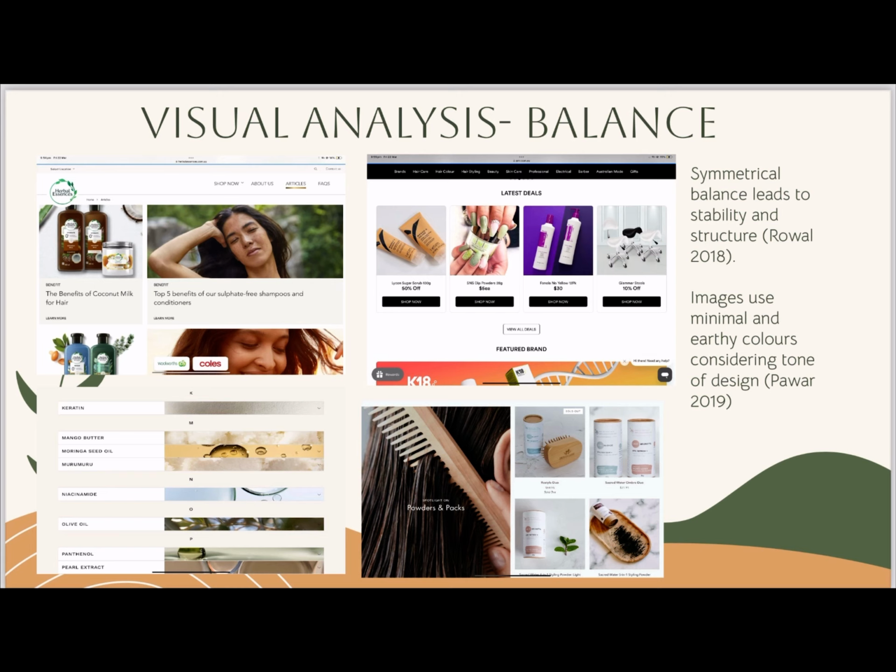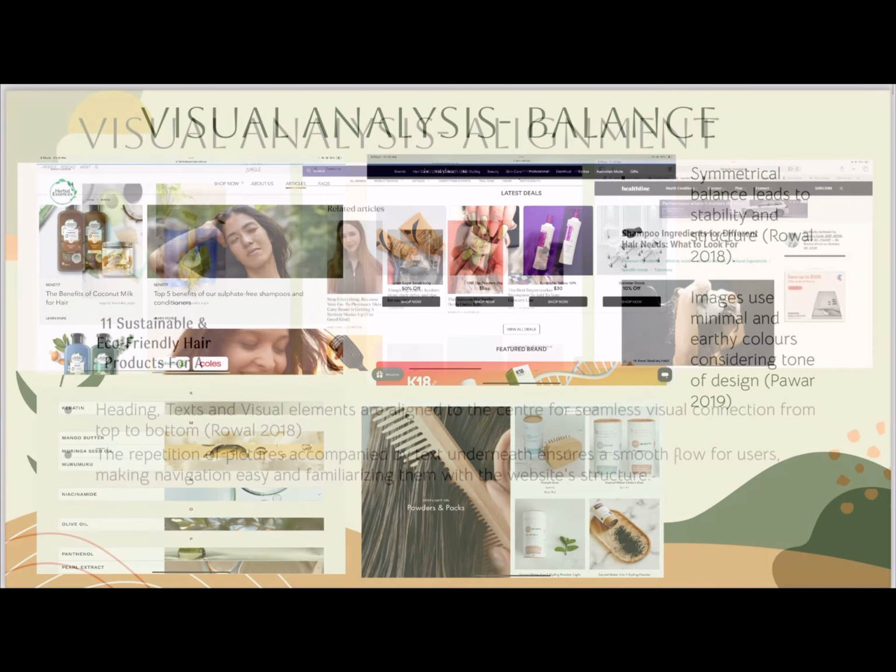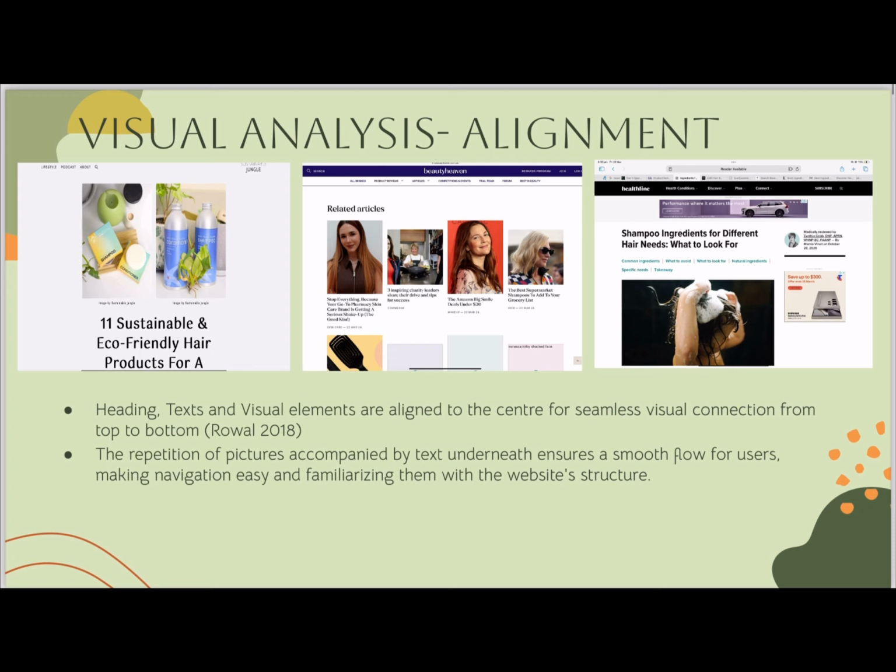Through these screenshots, I observed a common thread of structured layouts that facilitated seamless navigation for the consumer. There is a symmetrical balance that leads to stability and structure for these web pages. Earthly tones dominate the color palette, reinforcing the sustainability theme. One notable design feature was the centered alignment of images and text, creating a cohesive visual journey from top to bottom. Additionally, the strategic use of varying text and image sizes enhanced the user experience, guiding the eye effortlessly through